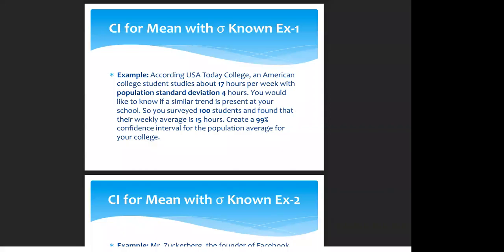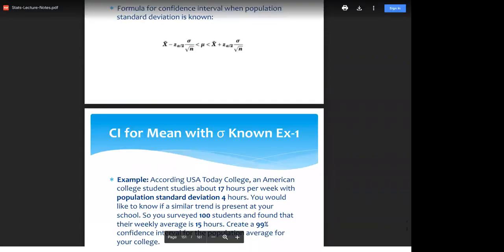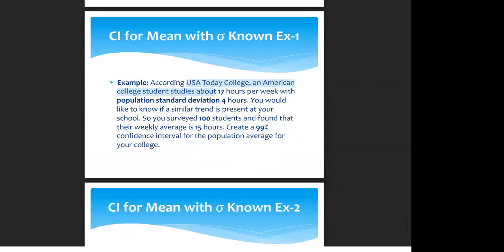Good evening, everybody. So I'll continue with our discussion of confidence interval for mean. And the formula that we used for confidence interval for mean is this, X bar plus or minus margin of error, where E is Z sub alpha over 2 times sigma divided by square root